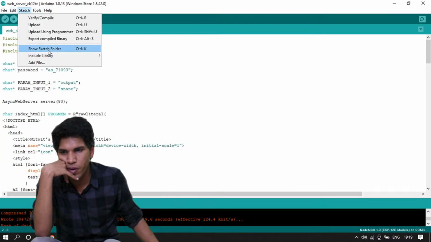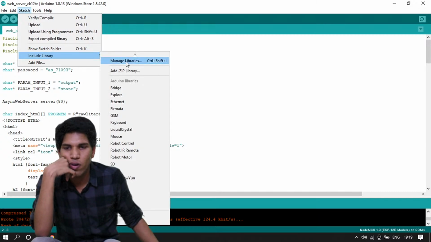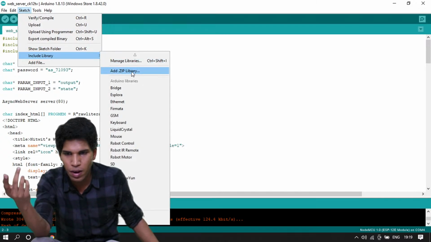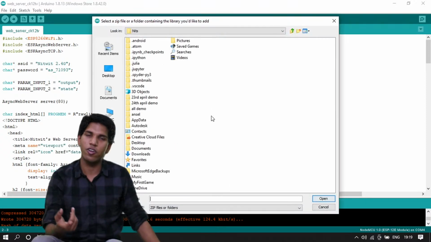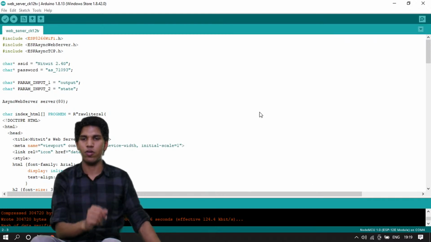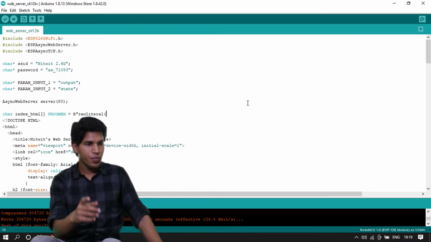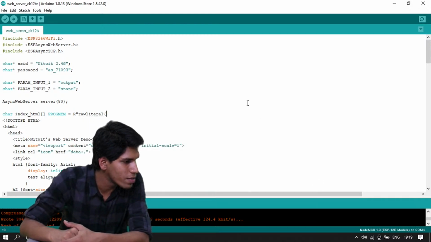Go to the sketch menu, select include library, and in the add zip library, click here, and then select the zip files that you have downloaded from here, and they will be added to your Arduino IDE. Cool. So this part is done.